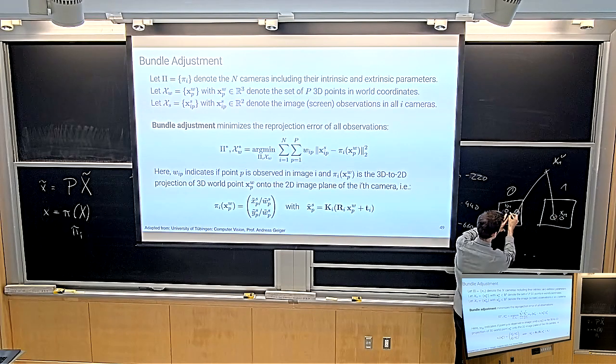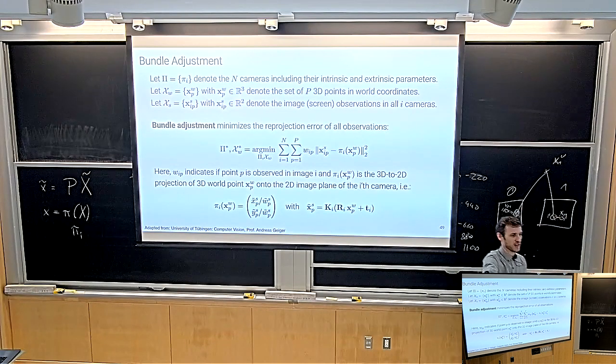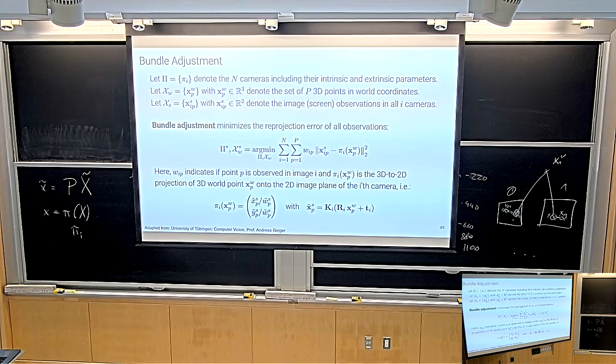And now we say, please minimize these distances. So iterate through all of my cameras, and we're just minimizing the set of the distances, jointly optimizing the 3D point and the projection matrices. That seems intriguingly simple. If you try to do this with gradient descent, it's not going to do anything. It's just going to sit there, because this is an extremely non-convex optimization problem.